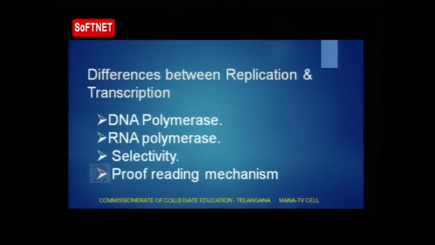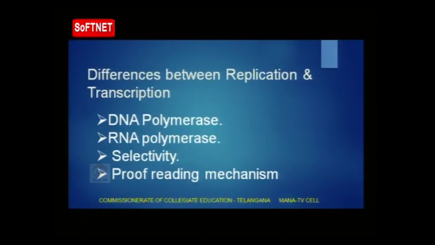And next, during the central dogma of life, we have learned that first replication occurs. Through the replication process, the DNA replicates to produce its own copies, so that the information in that DNA molecule can be passed on to the daughter molecules. And during the transcription process, the RNA molecules are synthesized with the help of RNA polymerase. These two processes are mechanically similar, but there are certain differences between the replication and transcription processes.